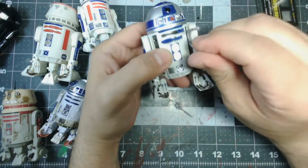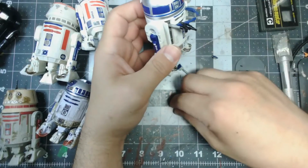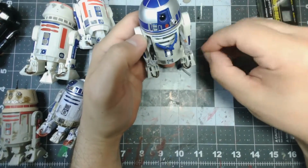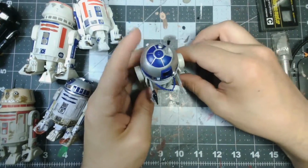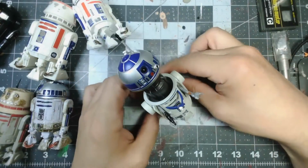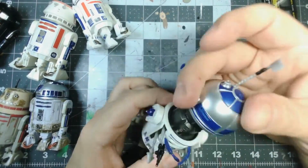This radar dish is exclusive to the R2 droid from what I've seen so far. The R4 and R5 did not come with that one. But yeah, he's got some pretty cool attachments there. I wish they would have come with the serving tray from the Return of the Jedi. That would have just made this figure a perfect 10 out of 10, but this is definitely a much needed